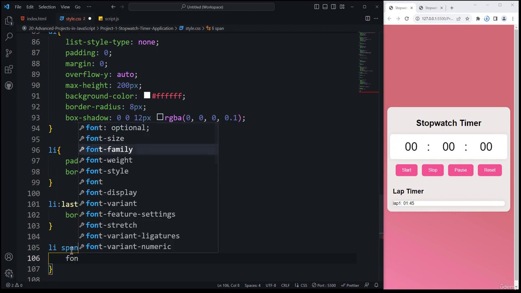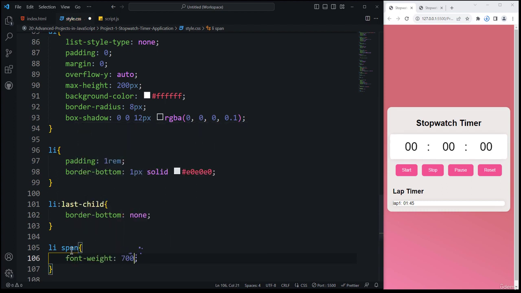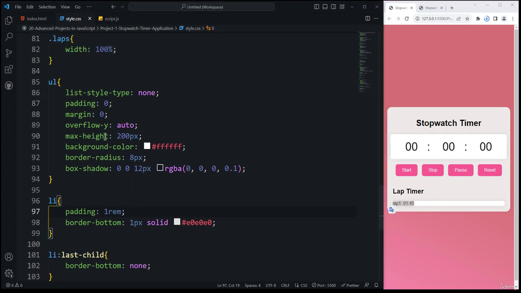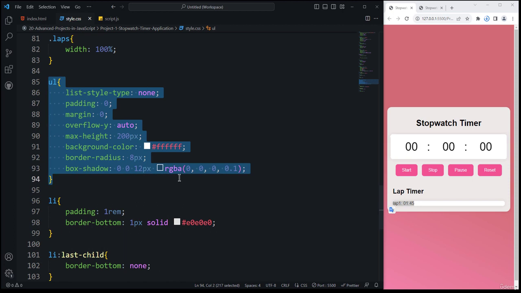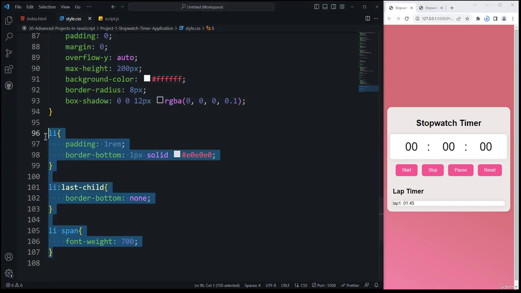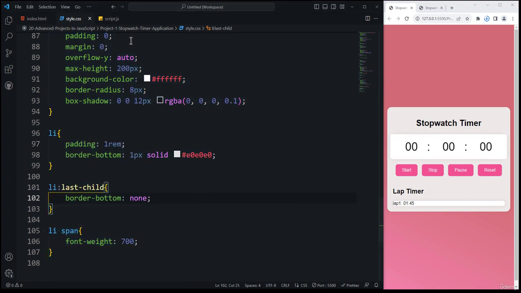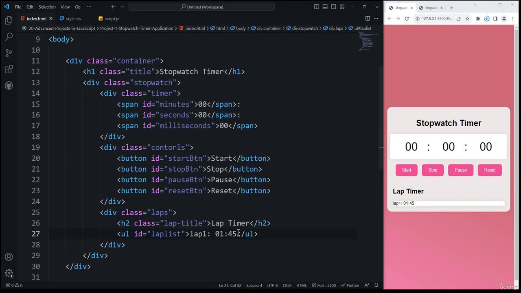Okay, so here I will be increasing the font weight to 700. Ctrl+S to save it, then you can see nothing is applied to this particular list item. That is because this whole code will be applied once we add a list item inside this UL tag, because right now we have formatted the UL tag, so the styles for the UL are applied here, but the list item's style is not applied. This is because we have nothing added under this UL element, because we have not created any list item in this UL element. Okay, so we are going to update this UL list by using JavaScript in our next